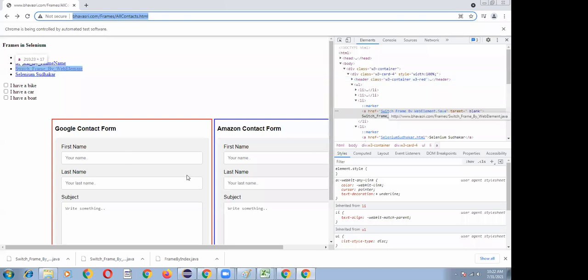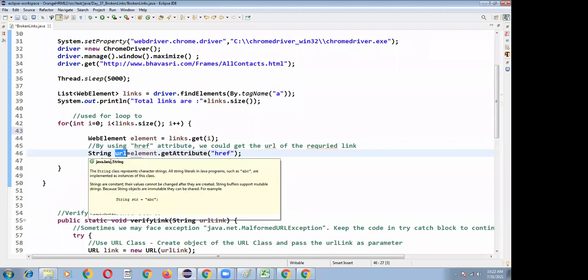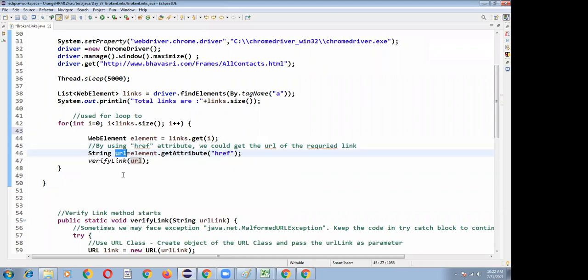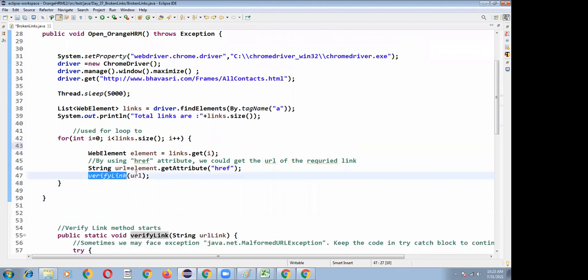The complete URL value is returned into a string object, and I have to evaluate whether this particular URL is working or not. Verify link is a method I have written at the bottom. After executing verifyLink, the URL is validated as a valid or invalid link.